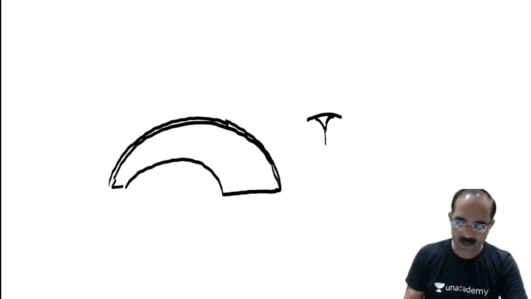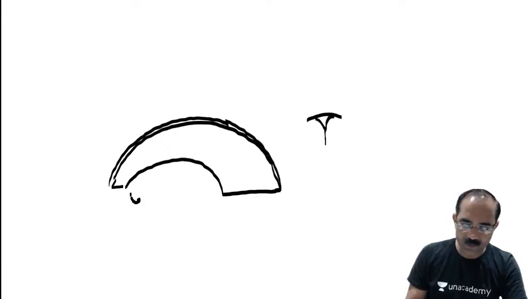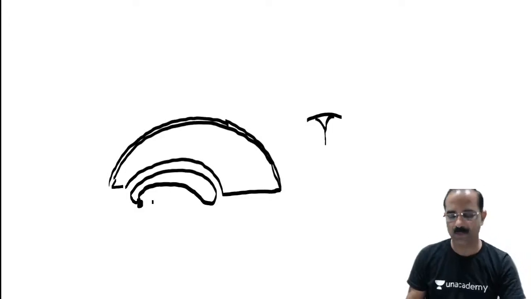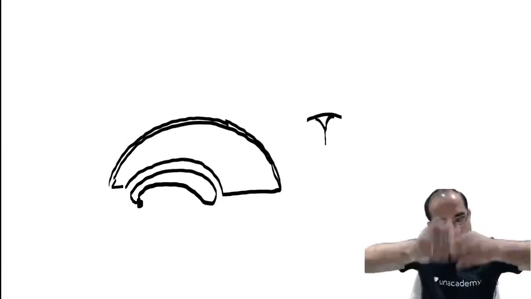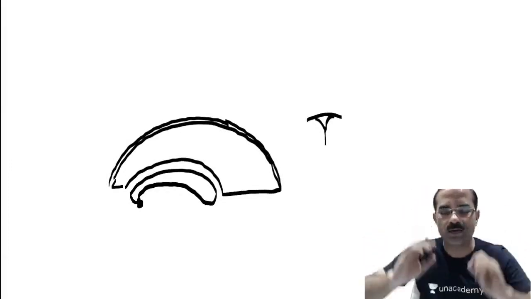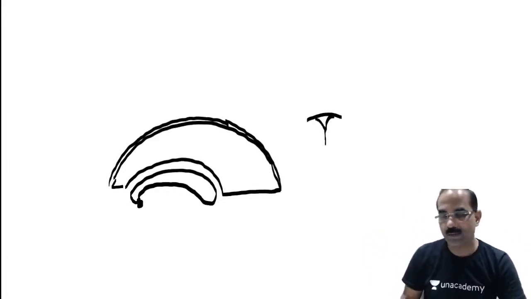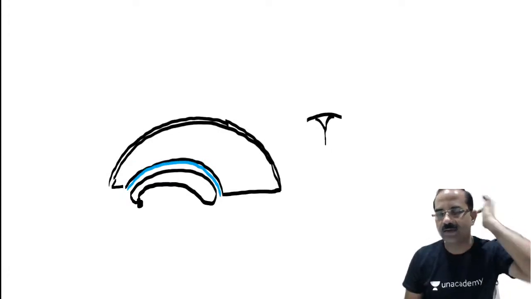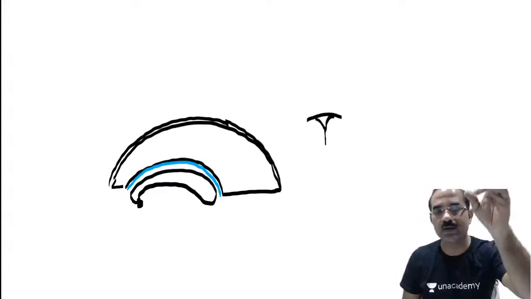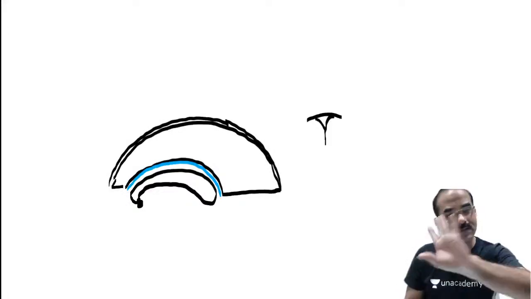Perfect. Understanding? Now you tell me, what is this part of the brain here? That's the corpus callosum, right? And the lower border of the falx cerebri is attached to the corpus callosum. Here it encloses a sinus above the corpus callosum, and this is what we call the inferior sagittal sinus. This should be perfect.